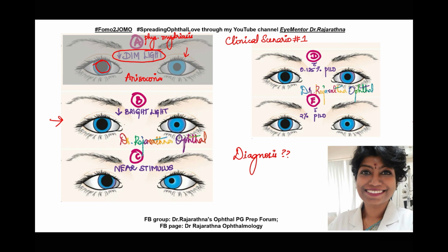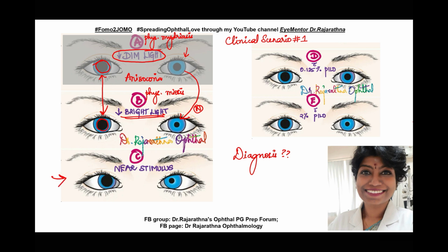Now under bright light, what is the reaction that I expect normally? I again expect a physiological miosis. And I see that the right pupil has not changed in size at all. Do you see that? It's still well dilated. Whereas if I compare A and B, I see a well constricted pupil, right? So this is normal. I conclude that in image B, the left eye is behaving normally. The left pupil is behaving normally. All right. Now let's move on to image C.